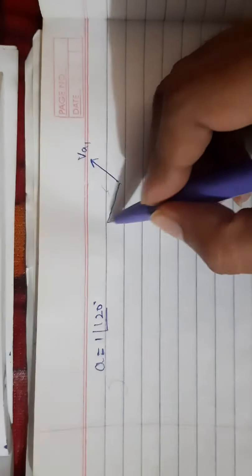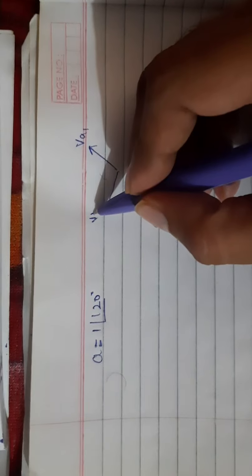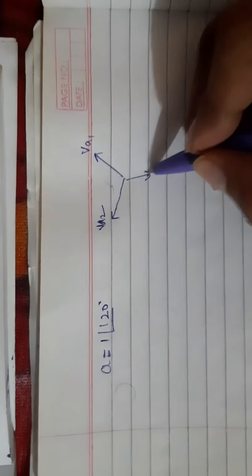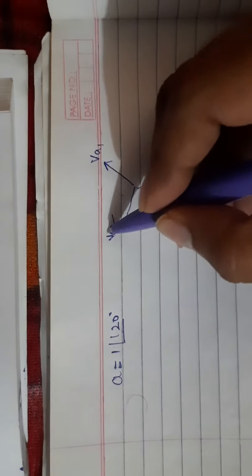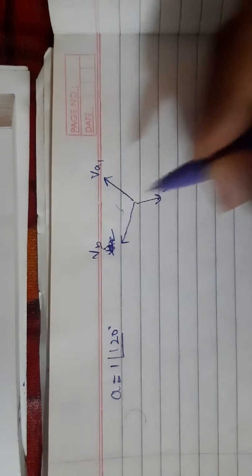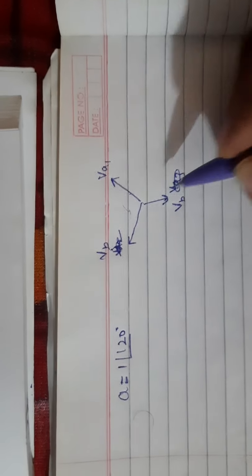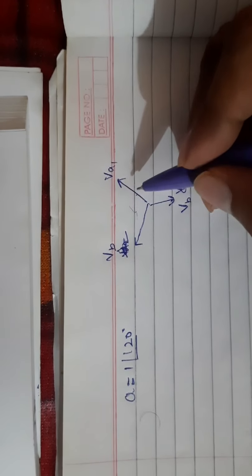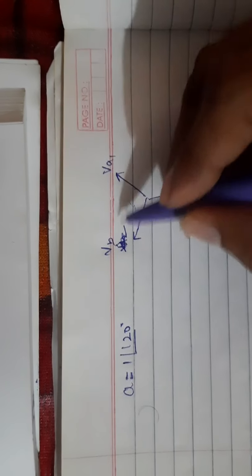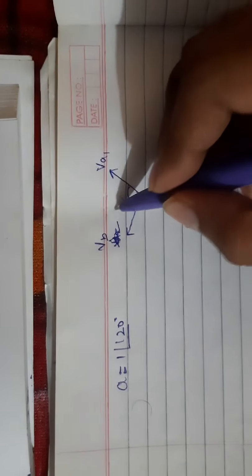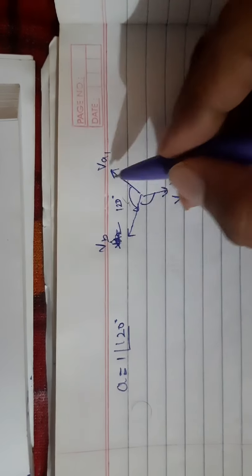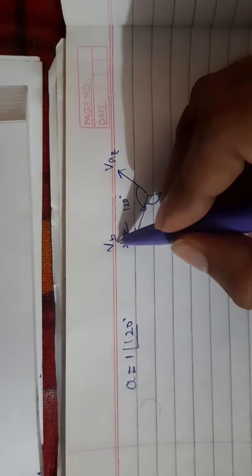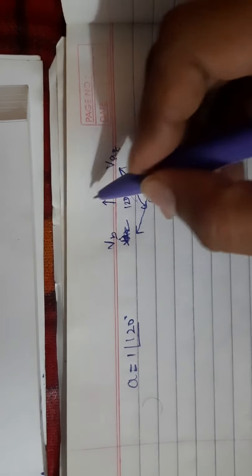This is VA1, this is VA2, and this is VA3. This is given like this. So it is a movement from here, or we can take this as VB or this as VC for our simplification. The movement from VA1 to VB is 120 degrees, and this also is 120 degrees. So from VA to VB, this is nothing but the a operator.